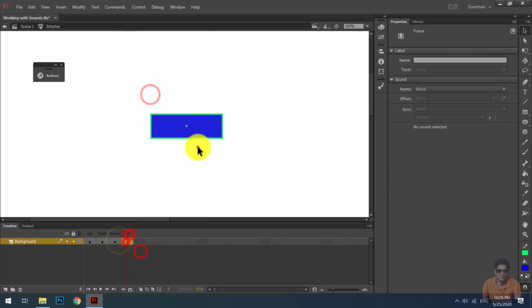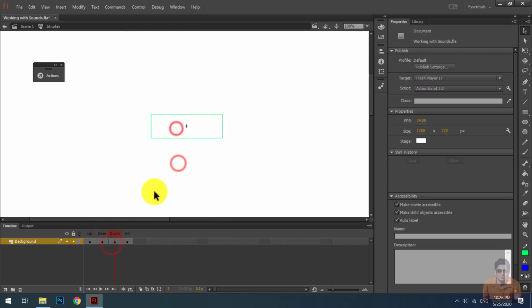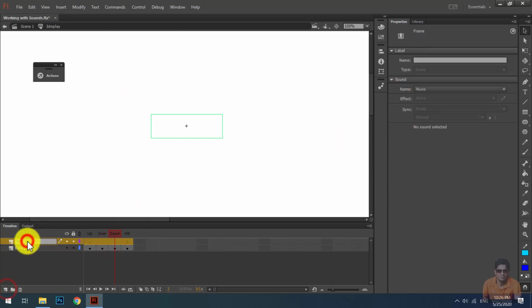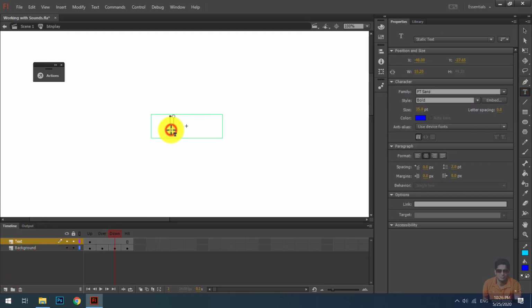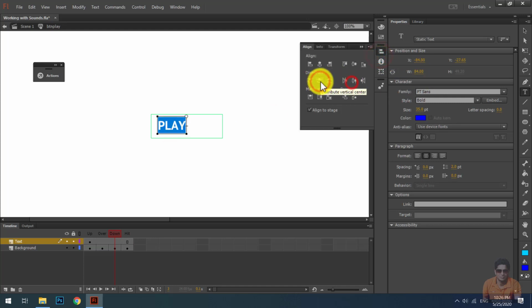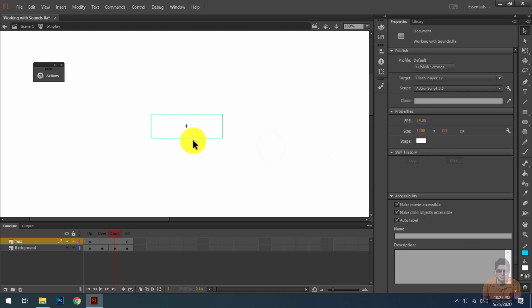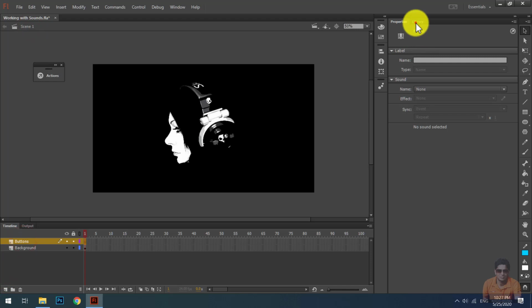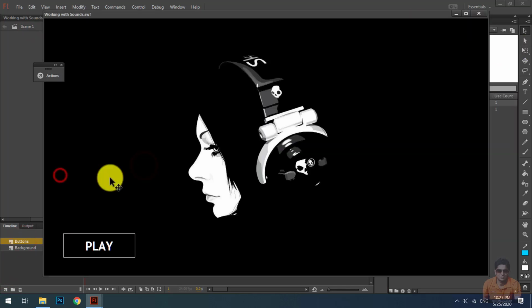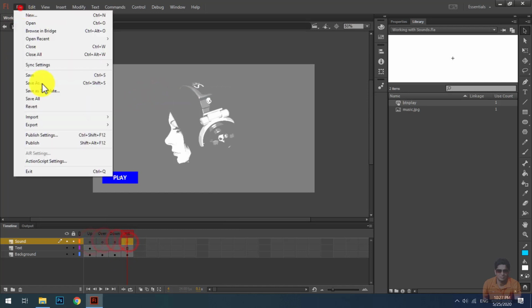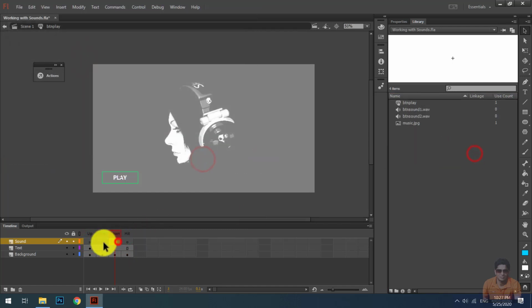in here, and after that create this stroke in my up, over, down and hit stages, but only the middle part will be available on the hit stage, and I deleted the middle part in the up, over and down stages, and add the text in here as the play text. In my main stage I'm going to add the play button in here. Now you can see my button in here, and after that I'm creating a new layer as the sound layer.